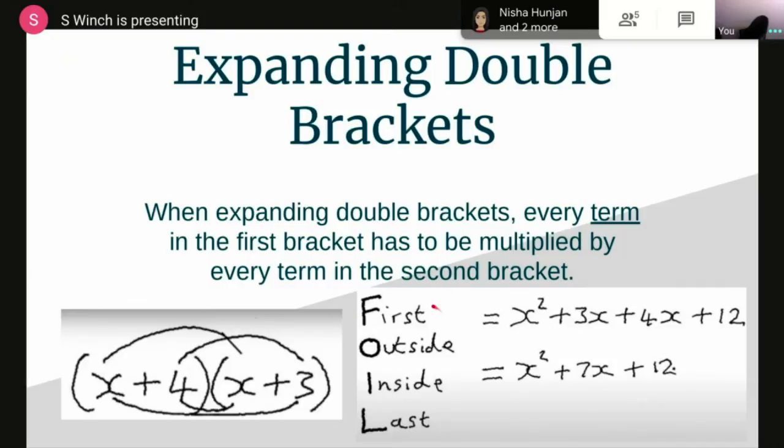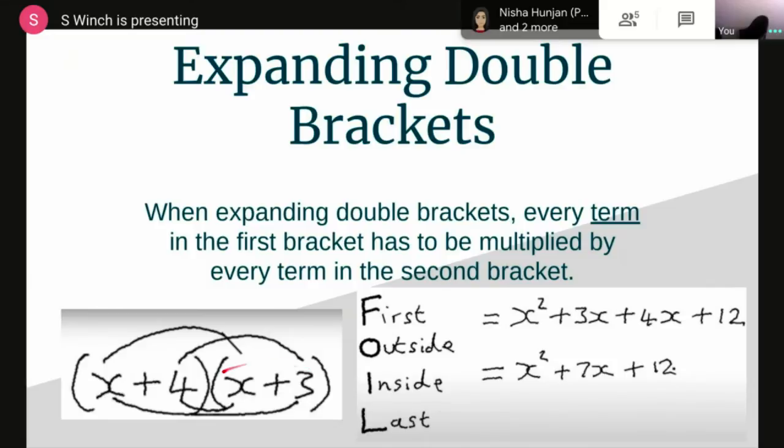And in my school, I use the term FOIL, which you might be familiar with. We've got first, outside, inside, and last. Some find that helpful. We'll have a look at this one. So we've got x plus 4 and x plus 3. And what we have to do is, of course, multiply the first number by the first number in the second bracket, and then multiply the first number by the outer number in the second bracket, and then we multiply the inside number by the inside number of the first bracket, and the second number by the last number in the second